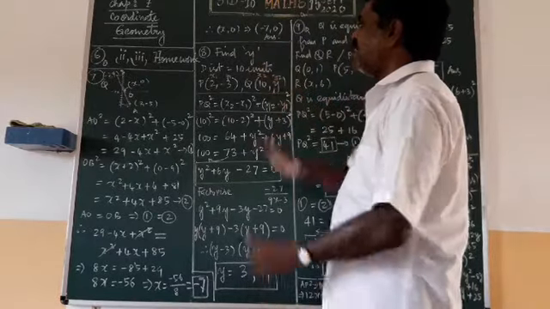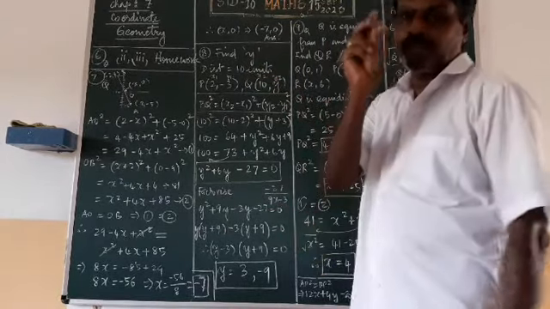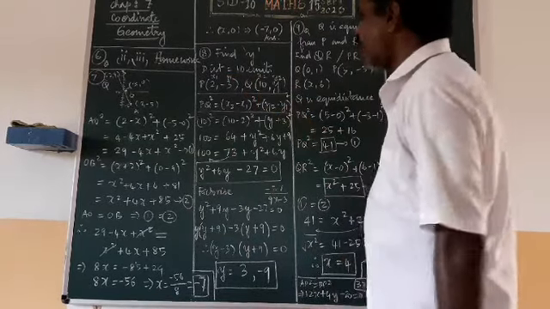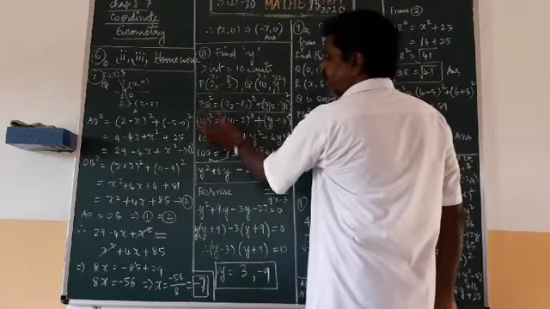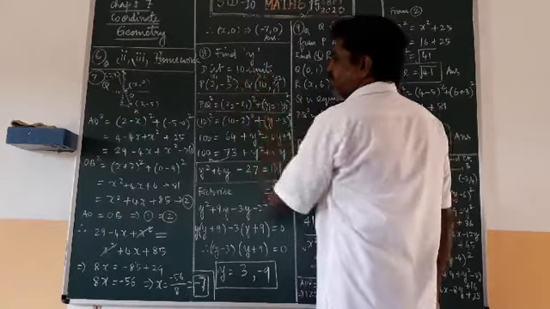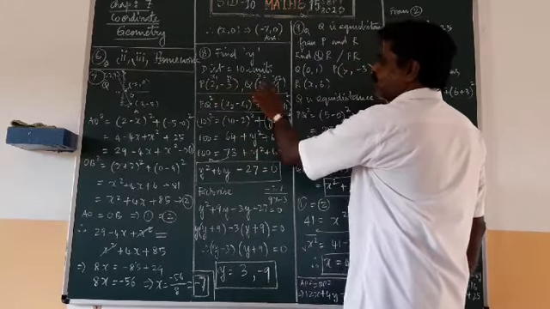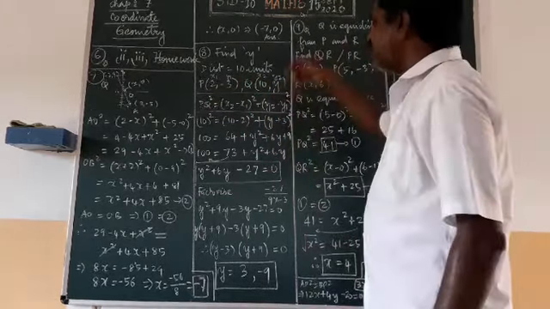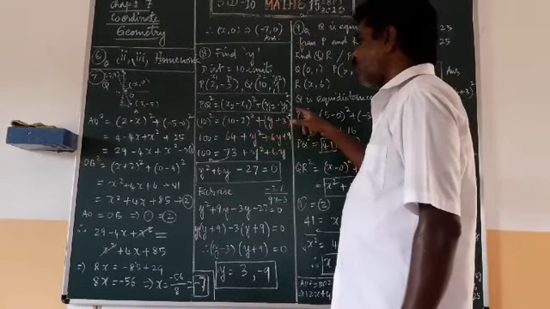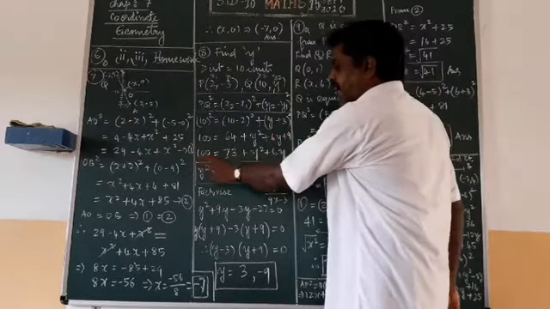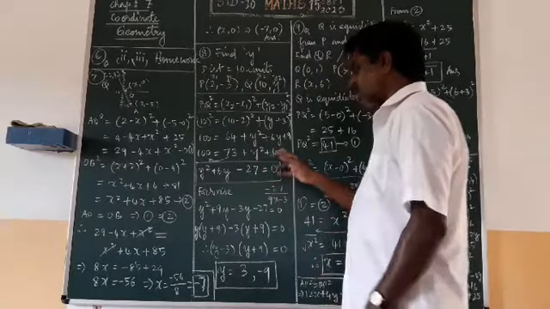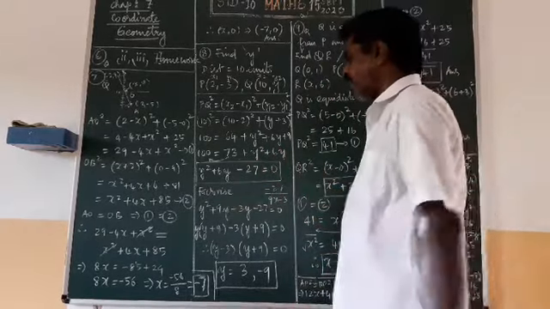8th question: find the value of y. Find the coordinate y when the distance is given and 2 points are given. So for the distance between the 2 points, I am finding PQ square using the distance formula. The two coordinate points given are P (2, -3) and Q (10, y). This y you have to find. So in terms of y itself, I am doing (10 minus 2) whole square plus (y minus (-3)) whole square. When I expand it, I get 100 equal to 73 plus y square plus 6y. Then I am grouping it in one form.